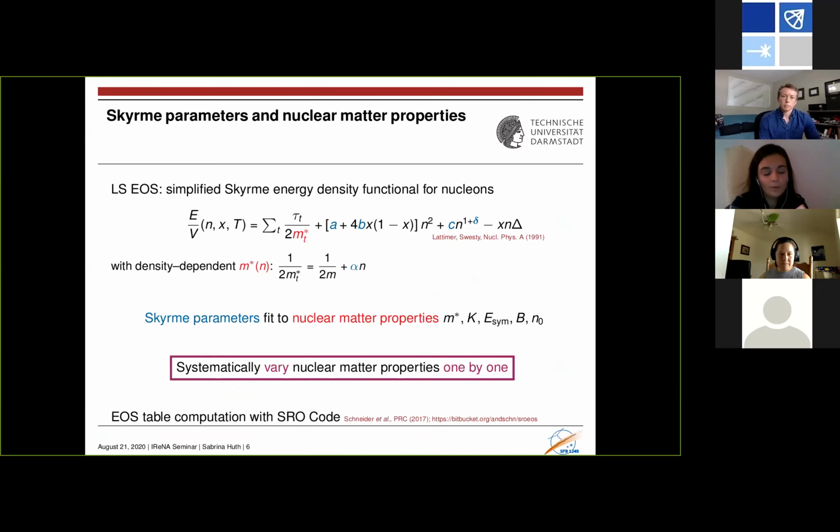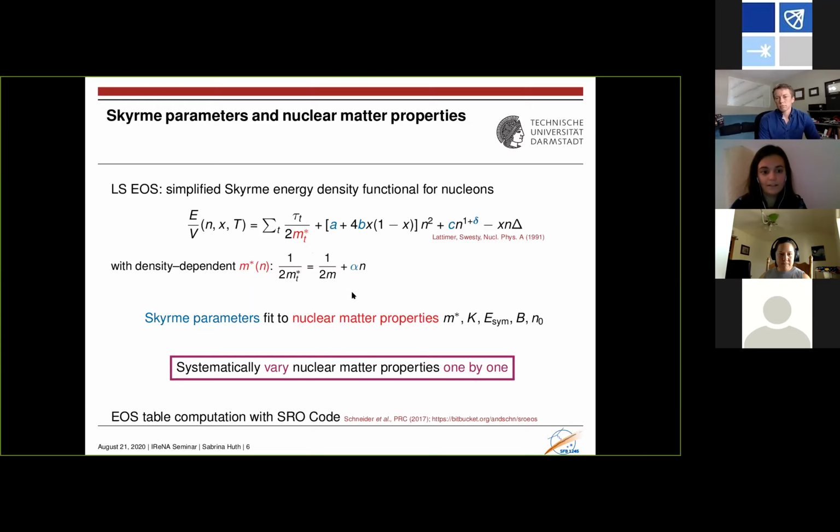And now what we did in this study is that we took the Skyrme energy density functional from the Lattimer-Swesty EOS, and this you can see here. So this functional depends on density, proton fraction, and temperature. The whole temperature dependence is basically given by this kinetic energy density tau here. And this whole first part of the functional gives you your kinetic energy. And here also the effective mass enters, which is for this EOS